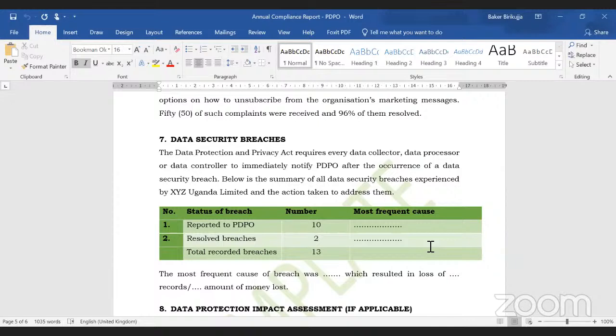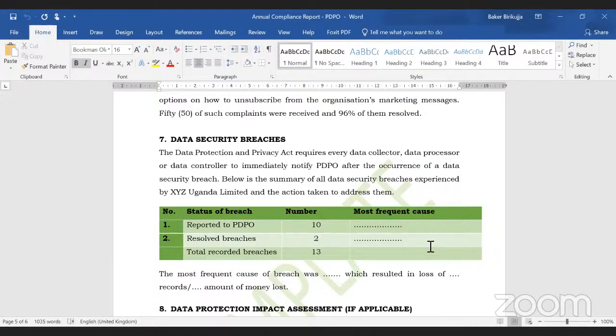Now, the Ugandan law requires that you record those breaches and you immediately notify us, the regulator, after the occurrence of the breach. So you give the numbers, one, those that you've reported, those that have been resolved, and the total breaches. So this is also something that speaks into your data protection policy, and then also the training that